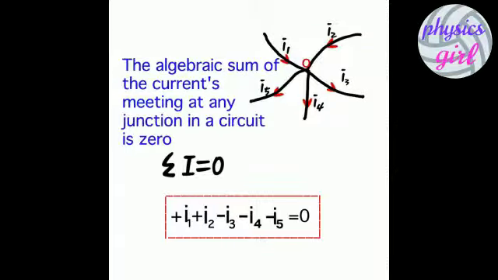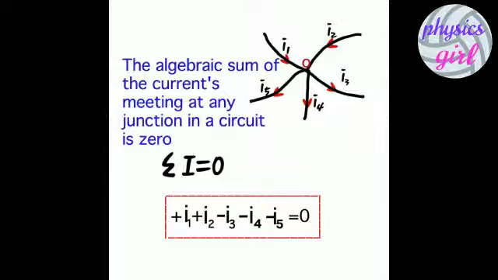For complicated circuits, Ohm's law is not sufficient. So in that case, we use Kirchhoff laws, that is Kirchhoff's first law and Kirchhoff's second law. All conductors meeting at a point O is called a junction. First law: the algebraic sum of the currents meeting at any junction in a circuit is zero, is called Kirchhoff's first law.